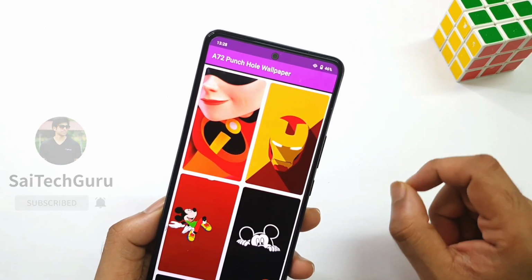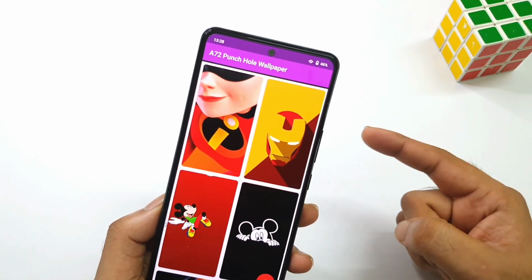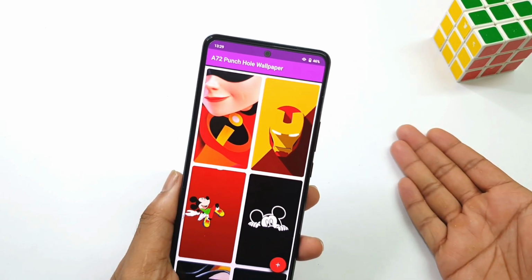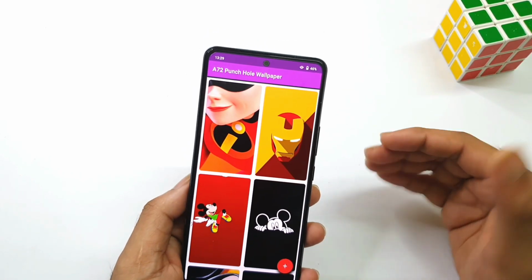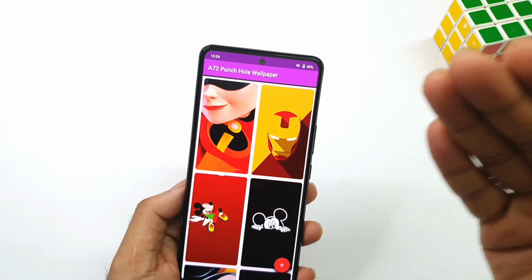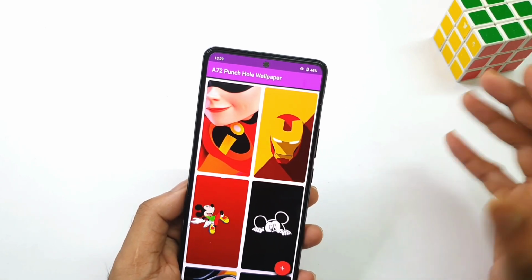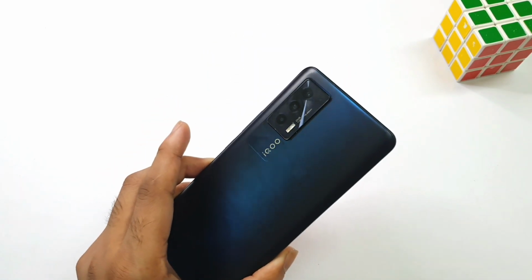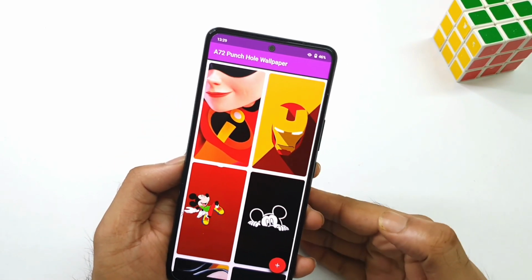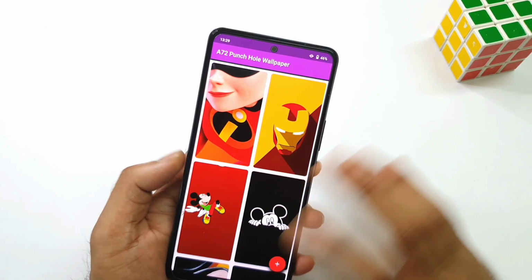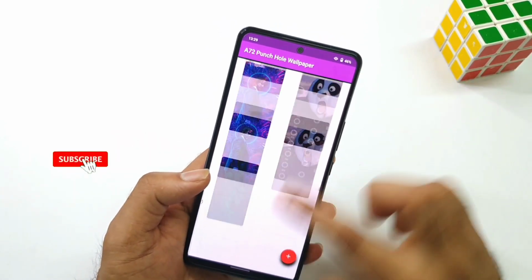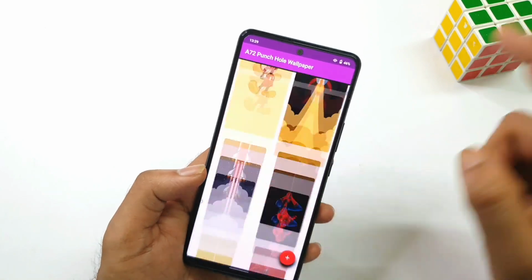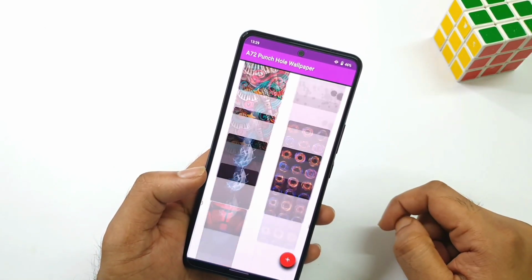One more quick note: when you use this application, if you disable the internet data, there will be no ads at all. If you use internet data while opening the application, you will start receiving so many ads. That's another quick tip I thought of mentioning for the users. And this application doesn't require any internet connection, since all the wallpapers are completely pre-installed in it.